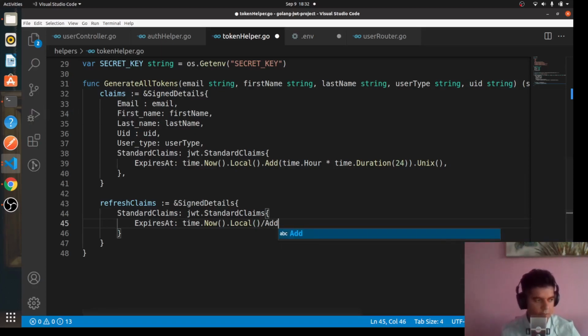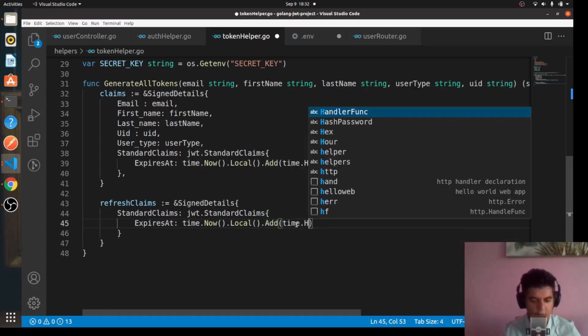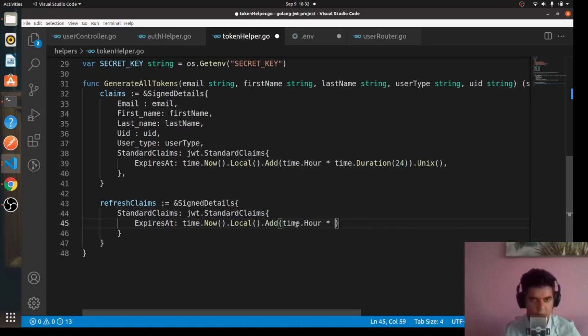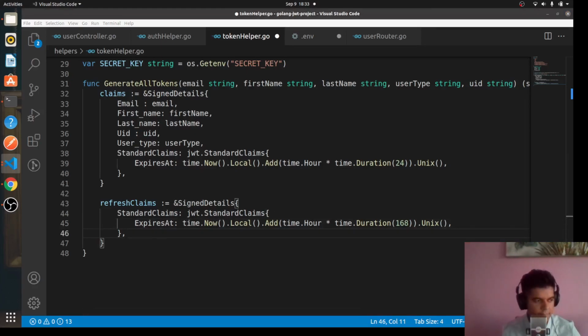.add duration. You have the same thing. .add time.hour multiple time.duration. And here, what do you think is a good number? I'll just say 168 or something like that. Yeah. Say Unix, put a comma here,